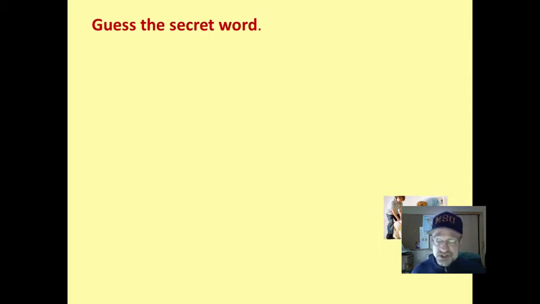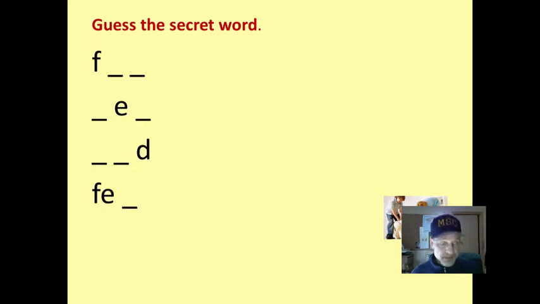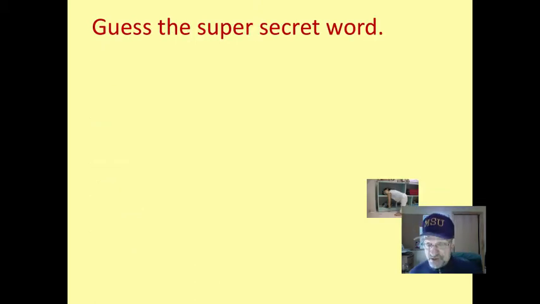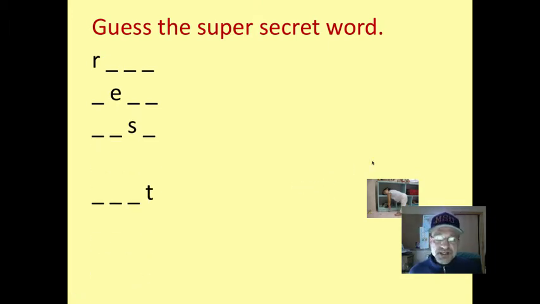All right, this is the new one as well. Guess the secret word. Don't be afraid to make the sound. Eh. Duh. Now notice how I've made the picture smaller here. We are going to take the pictures out completely because we want students not using picture clues or cues, but letter cues. And the next one, and this is reinforcing an ed pattern. The next one, guess the super secret word. And again, we're going to take that picture out because we want them using letter cues. This is called parallel reinforcement because we're using a short E vowel sound. Eh, s, but it's not the ed pattern, but it is a short, similar vowel sound.